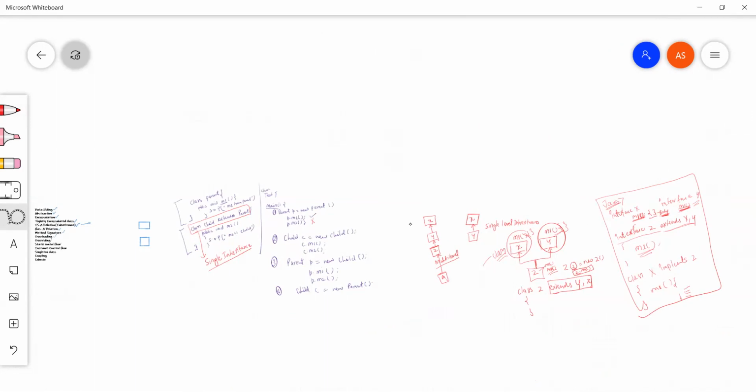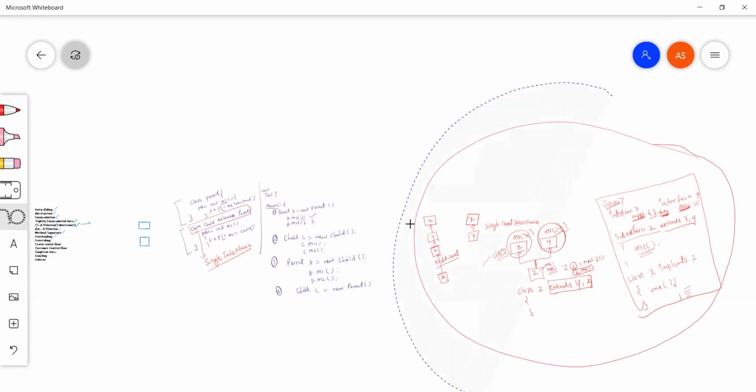When an interface extends another interface, so when both the parent and child are interfaces, we will use extends. But when the child is a class and the parent is an interface, we will use implements. Okay. Is that your doubt? Yeah. Okay. Got it.